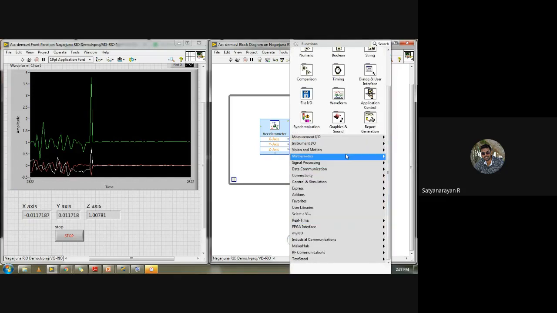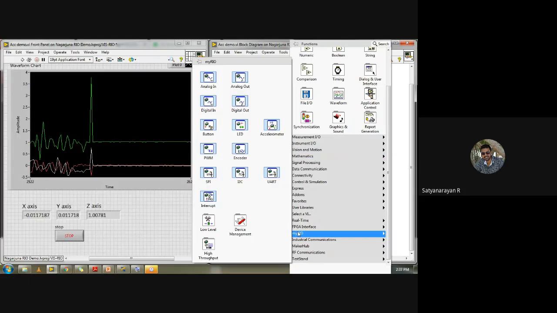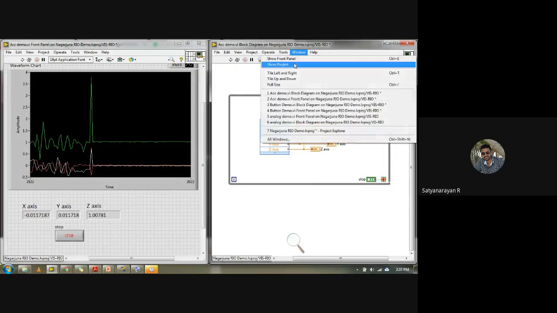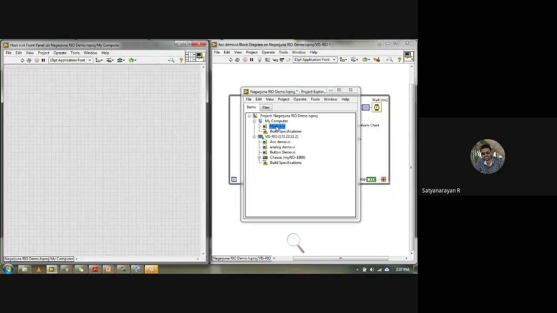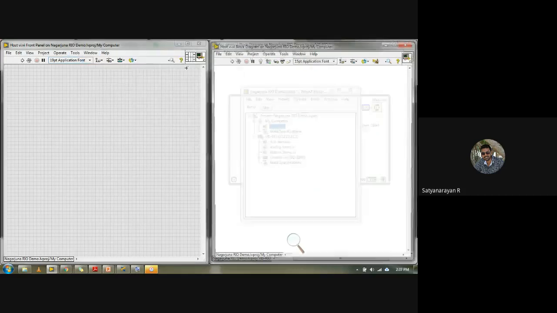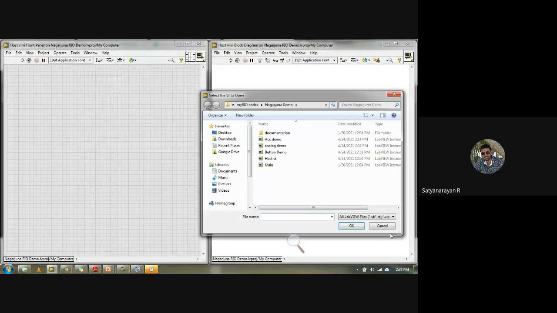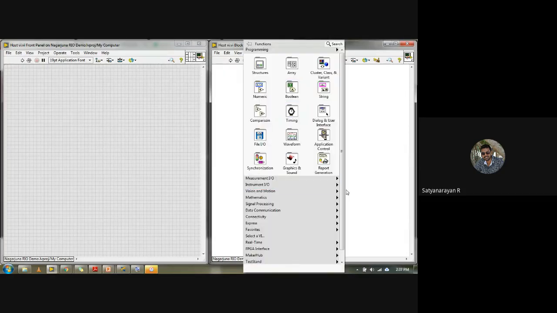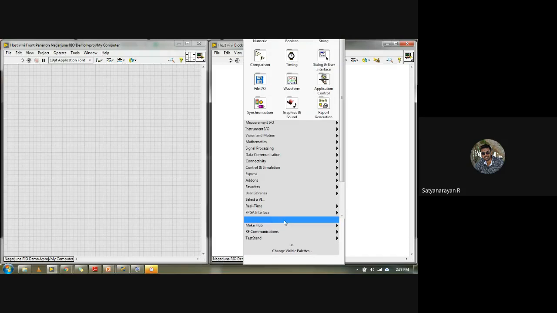You created a VI under the MyRio, so only there can you access it. Let me show a project here. I created a host VI, and in this host VI, the space where the MyRio option was available is totally blank. You cannot access the MyRio.